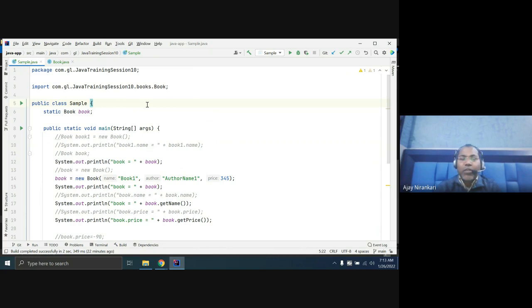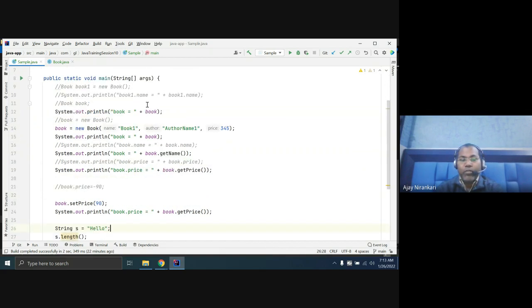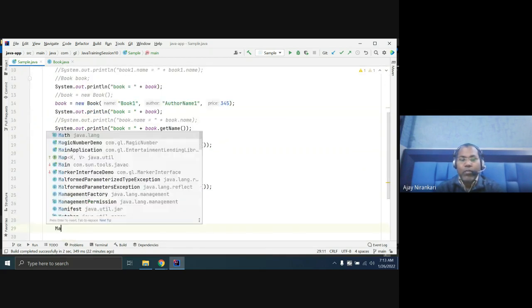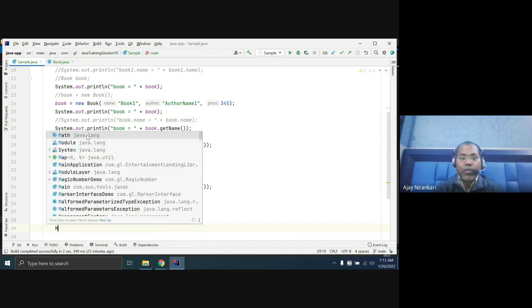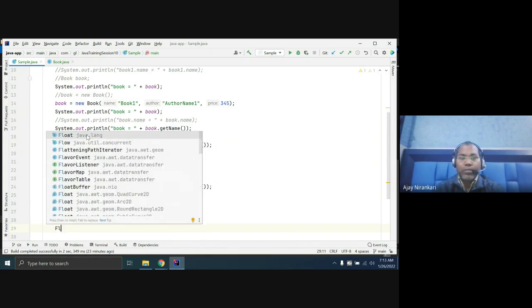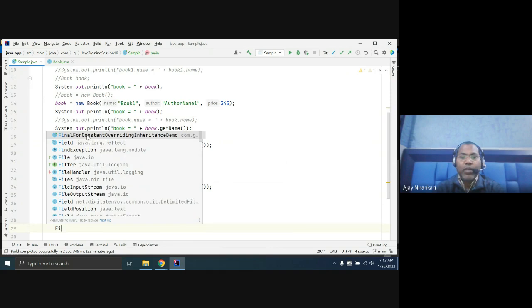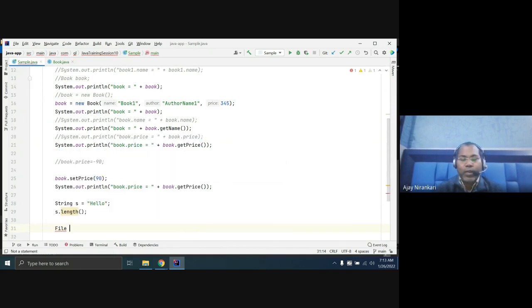Say I want to use some math classes or some SQL classes. Math is available by default; the java.lang package is available by default. Whenever you are not importing it, the compiler imports it for you. But say I want to create a file. The File class is in the java.io package. If you create a File object f, you are importing